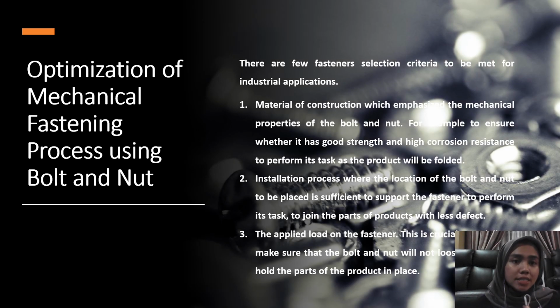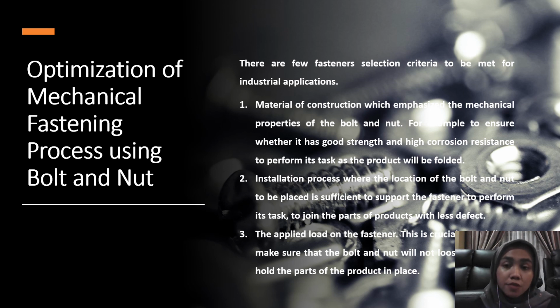Last but not least, the optimization of mechanical fastening process using bolt and nut. There are few fasteners selection criteria to be met for industrial application. First is the material of construction, which emphasizes the mechanical properties of the bolt and nut. For example, to ensure whether it has a good strength and high corrosion resistance to perform its task